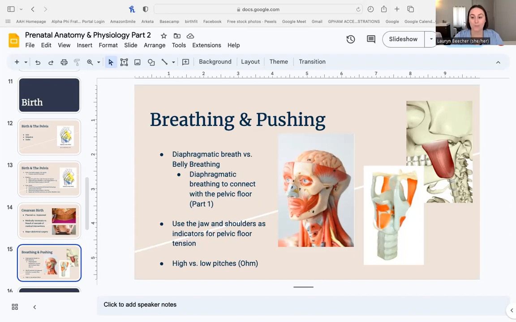then that low hum keeps the pelvic floor relaxed. So that can be a really fun way for people to feel that change in their body. And then when they are laboring, when they are pushing, now they might not use an om per se, but being able to use those low pitches feels really familiar, and it can feel more comfortable. And they're able to trust their intuition and those instincts and use that to their advantage.